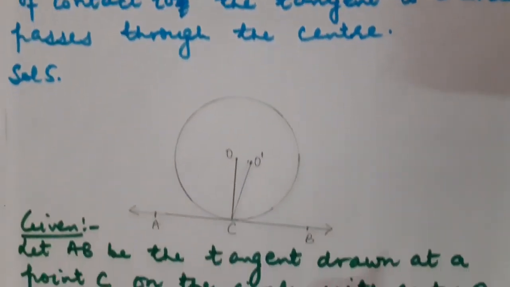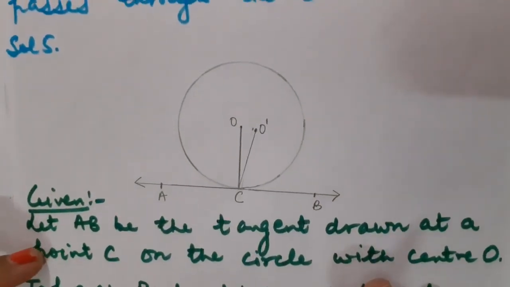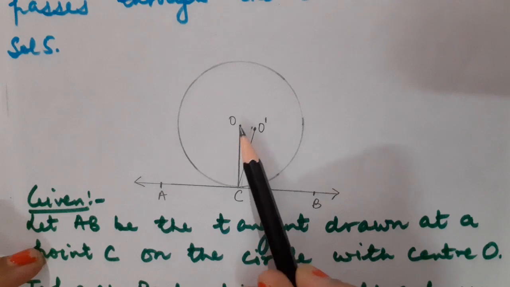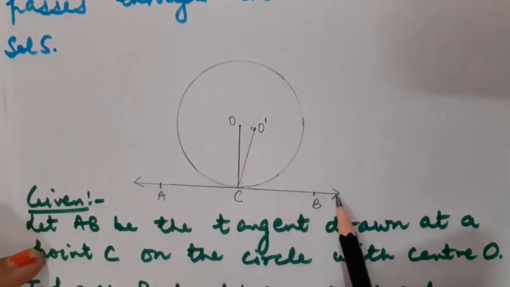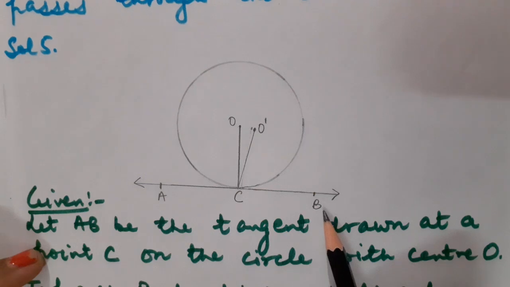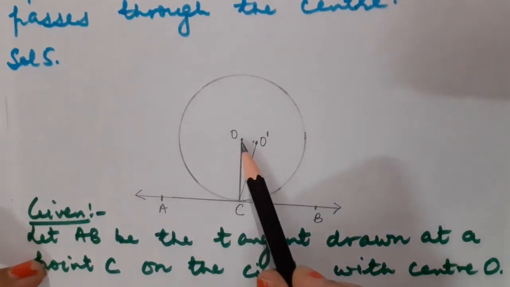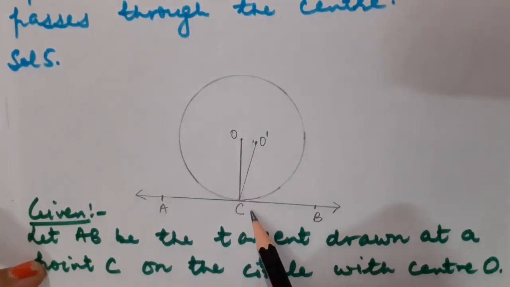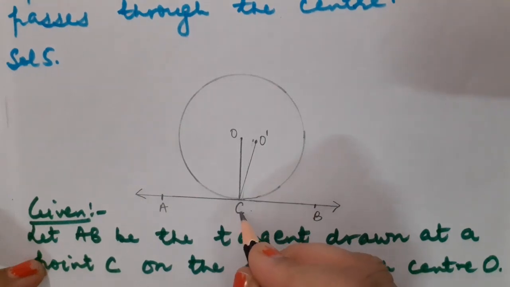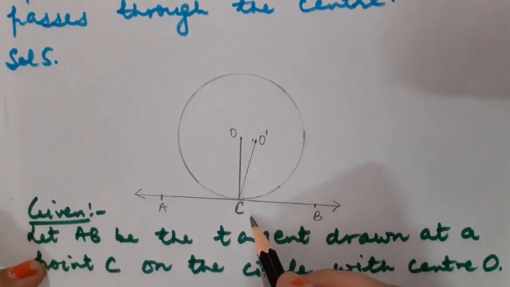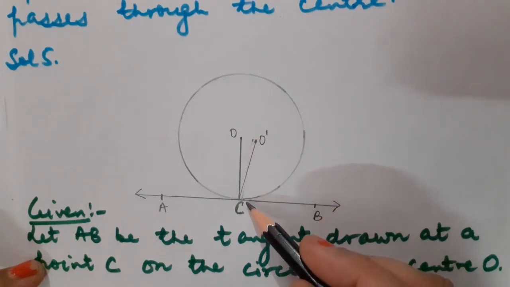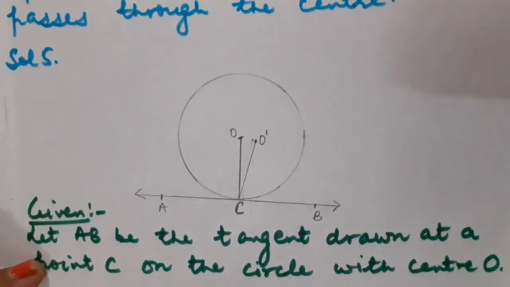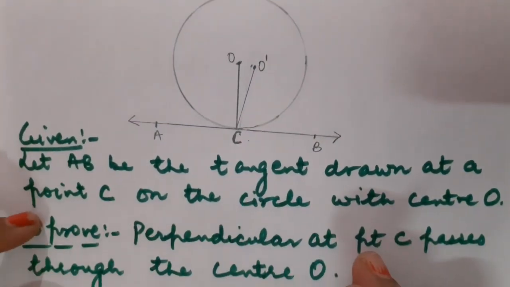Okay. So here is the diagram of this question. What you have to do? First of all, what is given? We will be having a circle given whose center point is O, and we will be having a tangent given, and the name of this tangent is AB. Correct, children? What I have to prove? I have to prove that the perpendicular at the point of contact, C is the point of contact. Here you can see this is point C. So the perpendicular at the point of contact to the tangent to a circle always passes through the center point. This I have to prove. Okay. So let us start its solution.